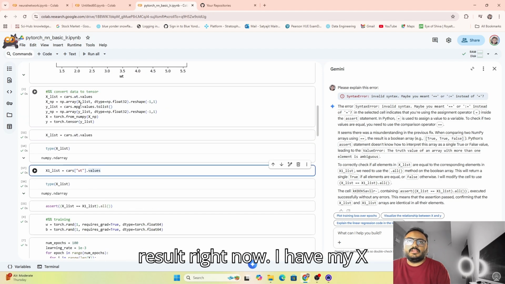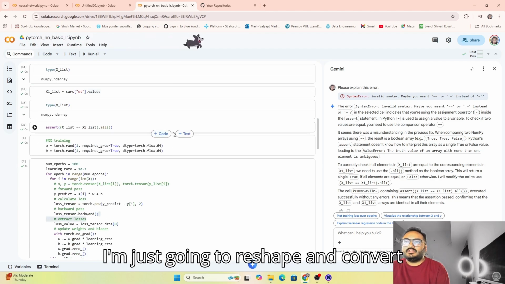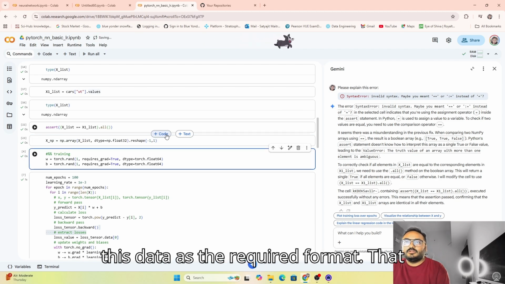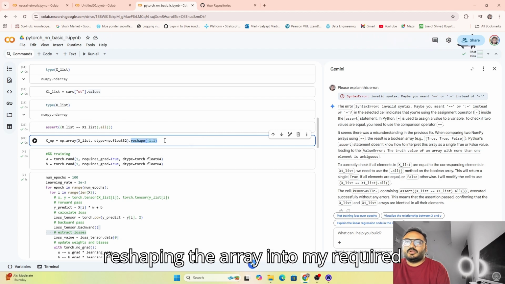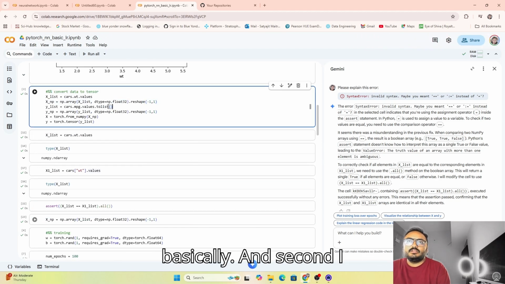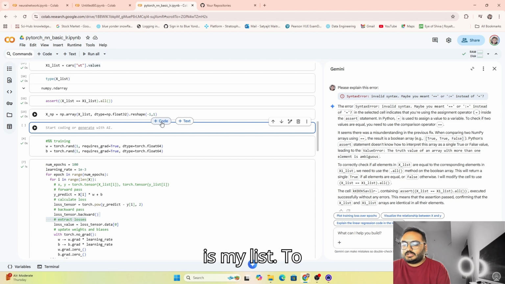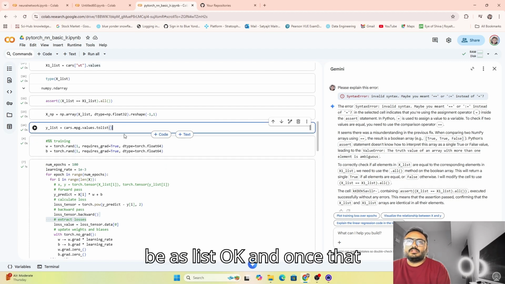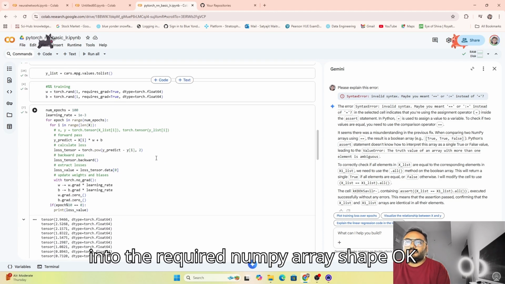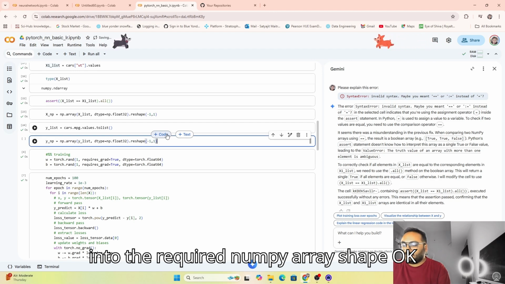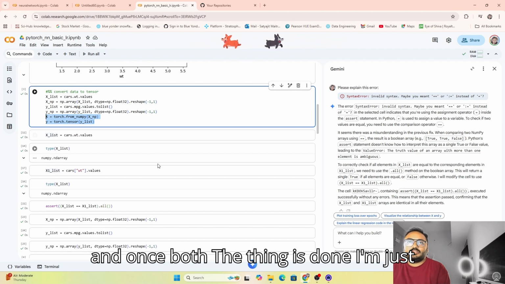Now I have my x value. I'm going to reshape and convert this data into the required format: reshape(-1, 1) will reshape the array into the required dimension. Second, I want my response variable, the y_list, as a list. Once that is done, I'll also convert it into the required numpy array shape. Once both are done, I'm just creating